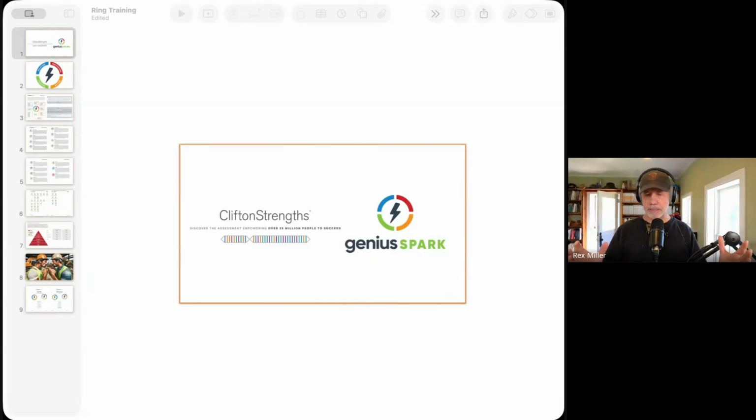I think it's perfect that we're going back to the basics with this, with the ring system to start with, and then we'll look at strengths, and we're just going to go through a series of reinforcing some of those basics again. I'm going to bring out some things you're familiar with. The Clifton Strengths is the assessment that we use. And in the future, we'll be able to map Myers-Briggs and Enneagram and DISC all to it. The ultimate goal is capturing a picture of what you look like at your best.